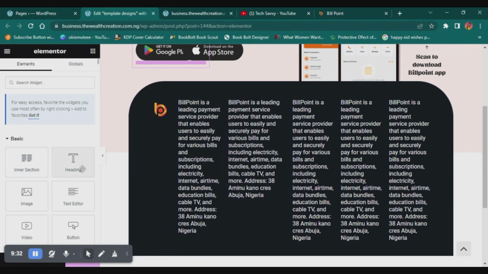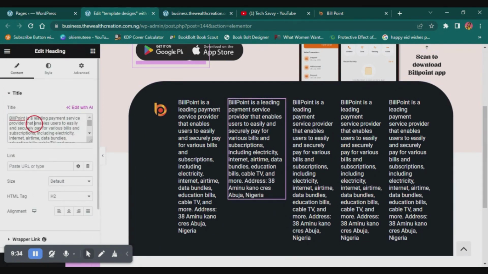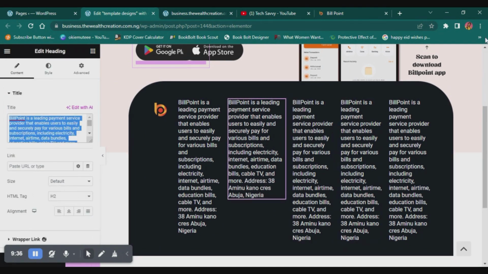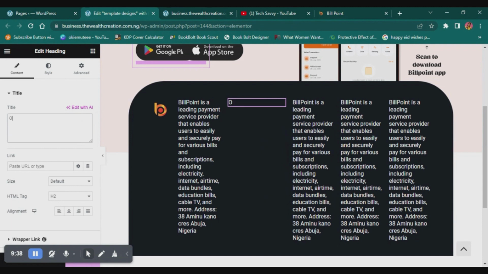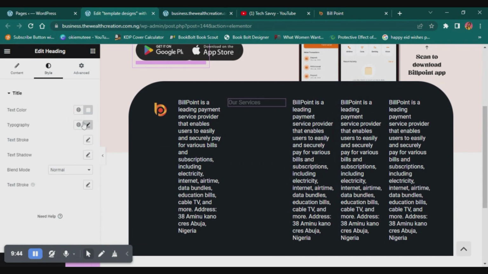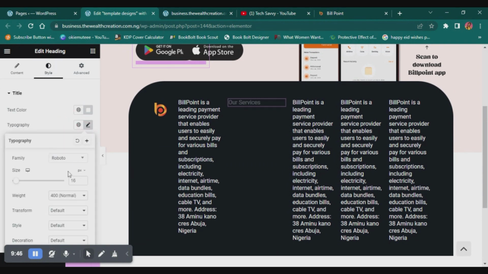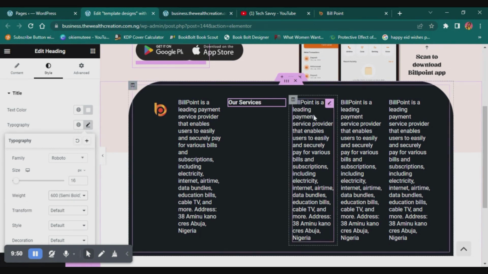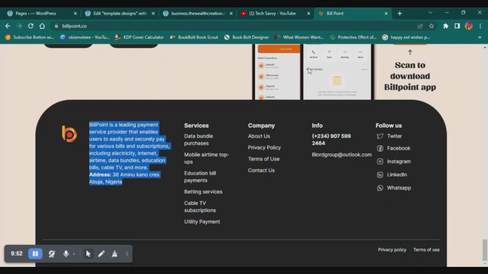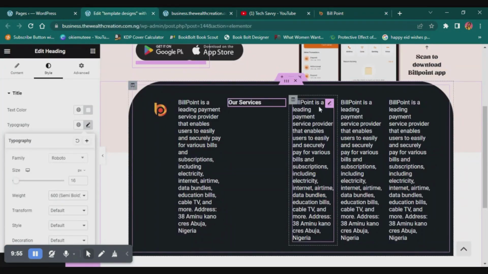I'm going to make this be a heading. I'll say our services. Okay, and then go to style, then just try and make it bold to just make a difference. Okay, so this is bold, and then the next one is going to be company info and followers. So here